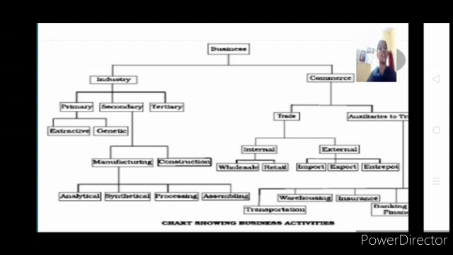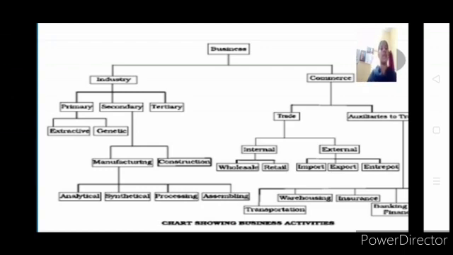Your internal trade is of two types: wholesale trade and retail trade. The one who is engaged in wholesale trade, we call him a wholesaler. The one who is engaged in retail trade, we call him a retailer. So what is wholesale trade? This is buying and selling of goods in bulk quantity with less variety. Retail trade is buying and selling of goods with more varieties in less quantity. This is the part of trade.